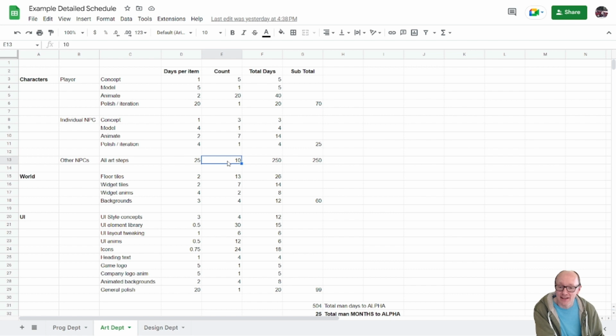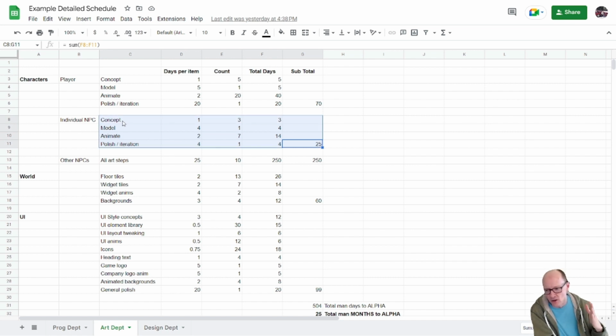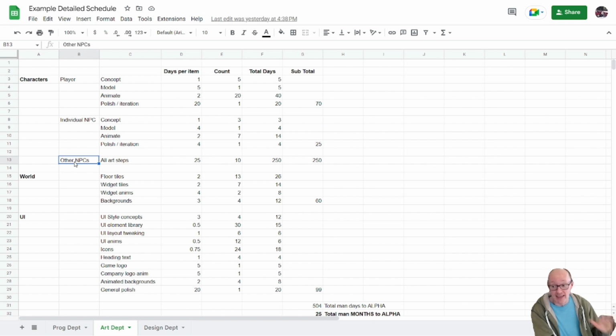A total of 11 characters. So here I did a sort of full explanation of like, here's what goes into a single one. And then on this line, I'm saying, all right, and now I want 10 more of those. So I've got how long it took to make one times 10 equals 250.